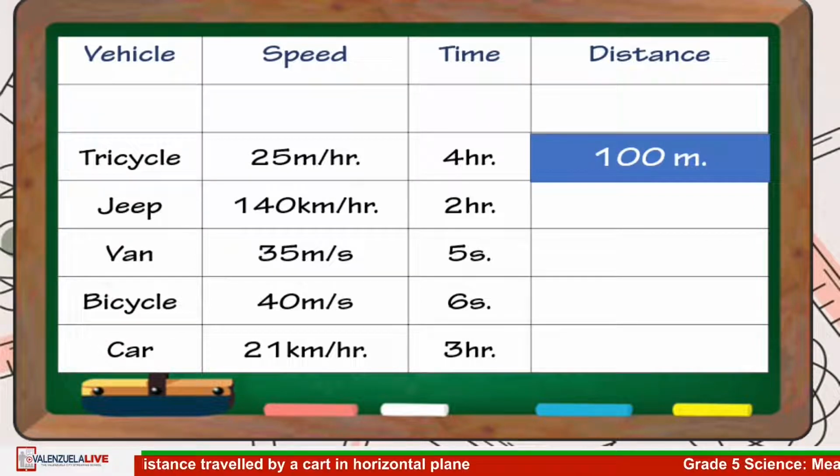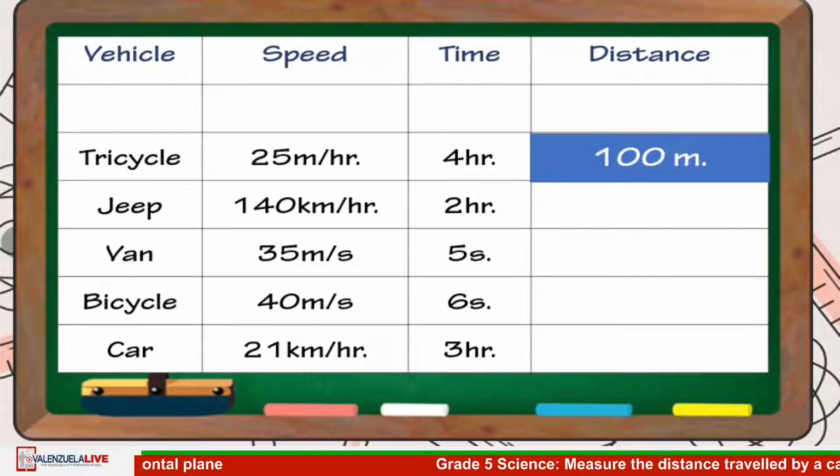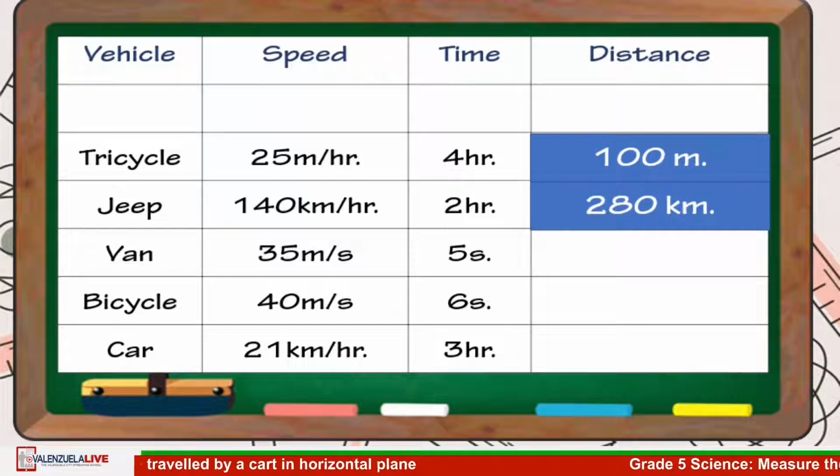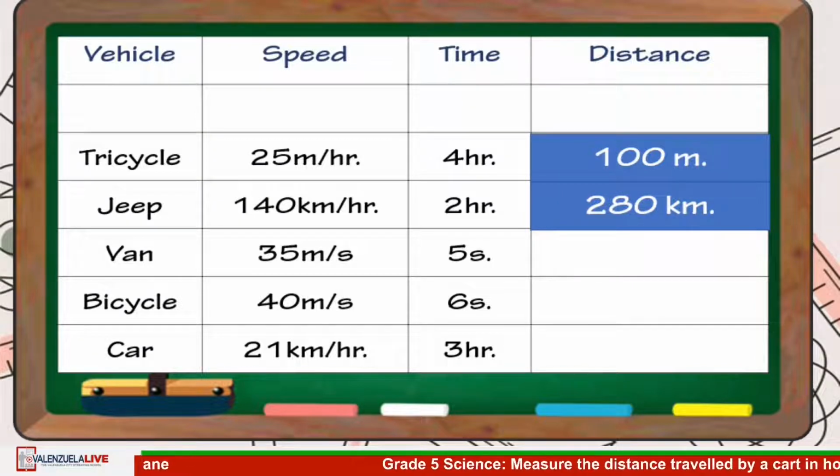100 meters. How about the distance traveled by the jeep, which has a speed of 140 kilometers per hour and the time of 2 hours? Simply multiply the speed by the time, which is 140 multiplied by 2. And it is equal to 280 kilometers. How about the distance traveled by the van with a speed of 35 meters per second in 5